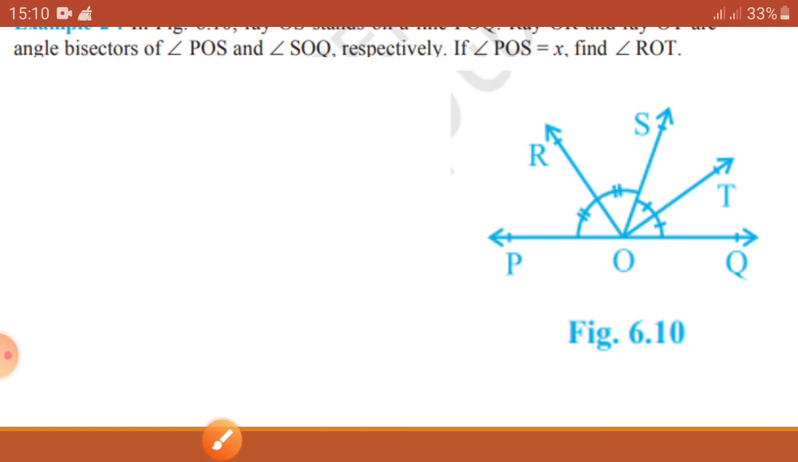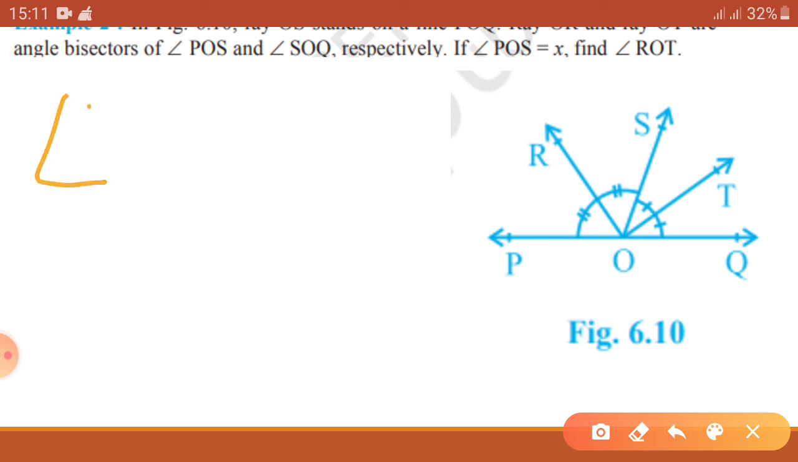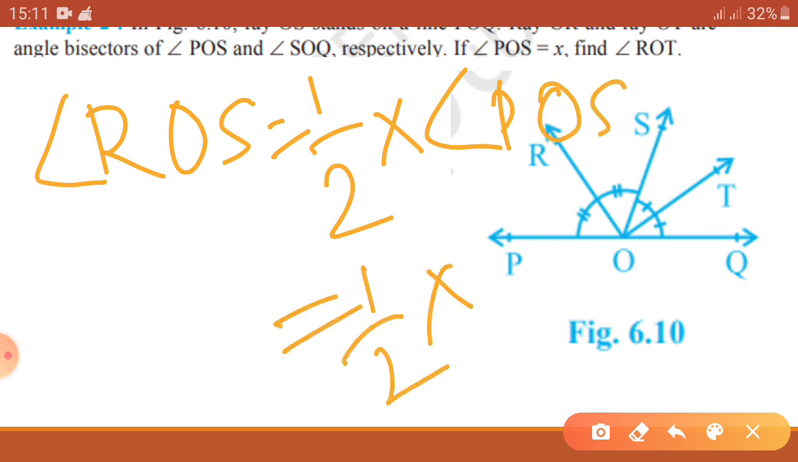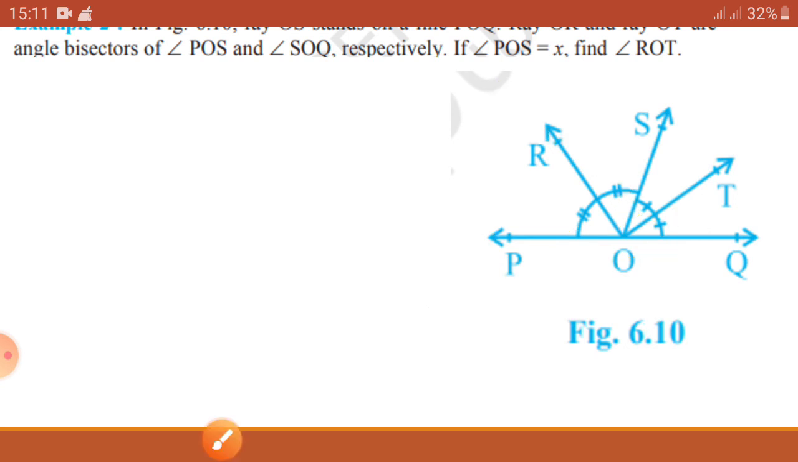Now ray OR is the bisector of angle POS. That means ray OR bisects POS. Therefore angle ROS is equal to half into POS, that means half into X, that means X by 2. Okay, got it? So the angle ROS is equal to X by 2, and similarly angle